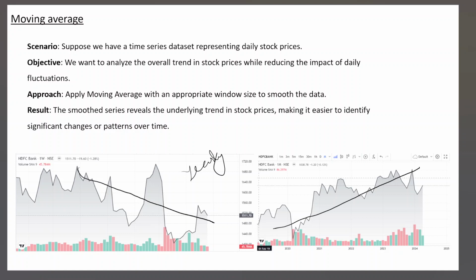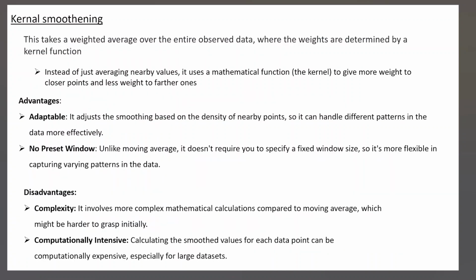The next technique is kernel smoothing. Kernel smoothing takes a weighted average over the entire observed data, where the weights are determined by a kernel function. To define it more clearly, instead of just averaging the nearby values, it uses a mathematical function to give more weight to the closer points and less weight to the farther points. For example, if I have a curve like that,